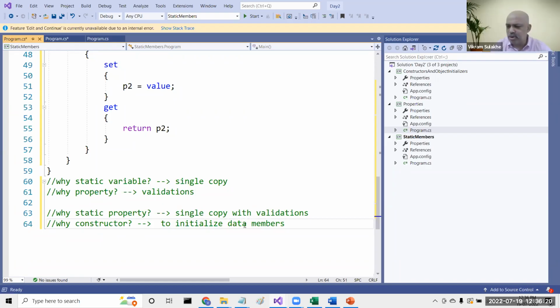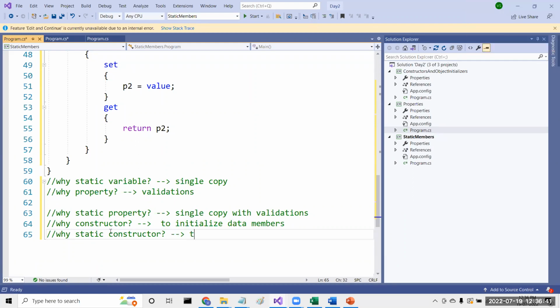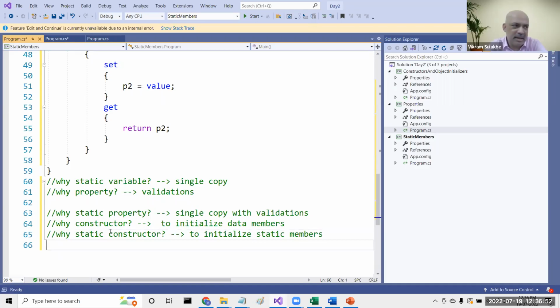Right. So whatever data members that you have, you can initialize them with their properties or fields. So my next question would be, why create a static constructor? Why would you want to create a static constructor? For initializing static members. Correct. Right. So to initialize static members. The static constructor,